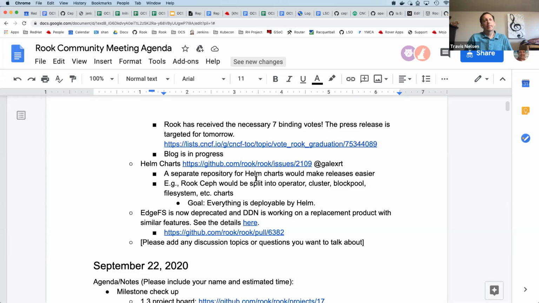But I think, as it's not bound to the Rook Ceph too much anymore, or at least restrictable by this Ceph version parameter as a recommendation, it might be an option to do it like this.